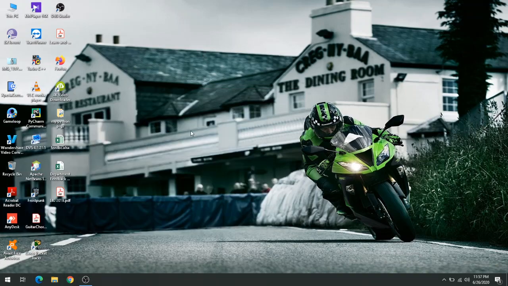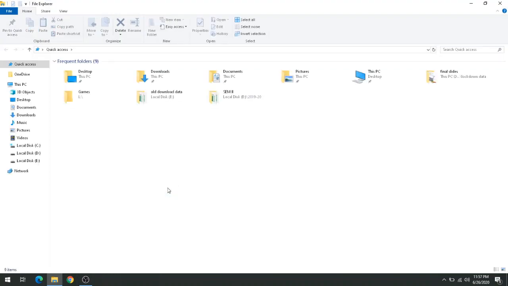In such a situation, what you can do is press Windows E. When I press Windows E, it opens Windows Explorer. Sometimes it works, because when my Windows was frozen, I was able to access Windows Explorer with the Windows E key.